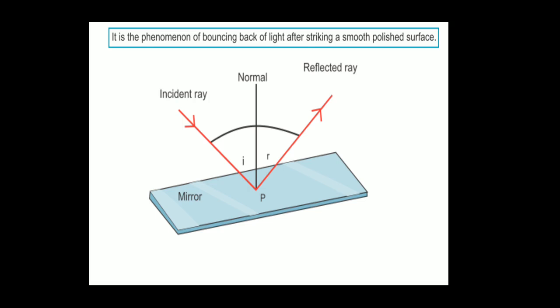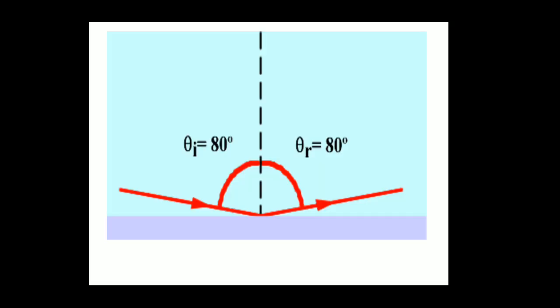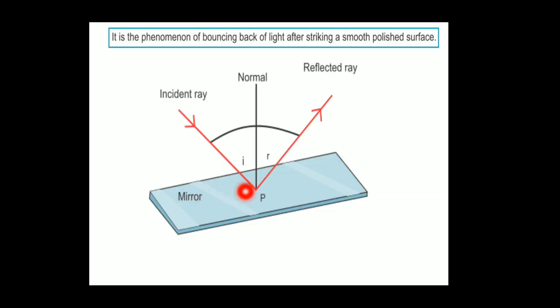Now the second one: the mirror surface. Instead of drawing it like this, the mirror is shown as a plane mirror. Just like in your home, you may have a mirror to see your face every day. Everybody will see that. Such a mirror is kept on the table or on the floor. Now in that, a ray of light is falling. This is the incident ray, and the ray gets reflected. And the black line here that I have drawn is the normal.